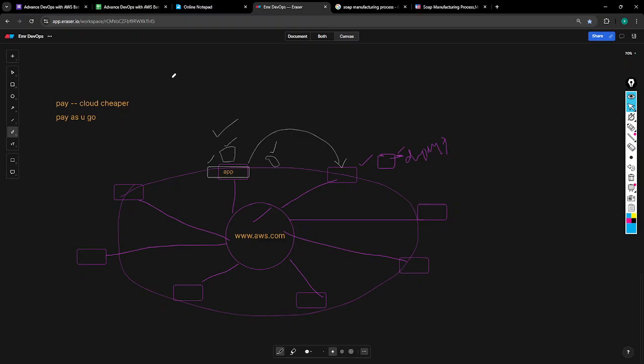They'll approach companies like TCS or Infosys or Capgemini or Cognizant or Tech Mahindra. They'll ask, hey, I have a project where I want to migrate this application from the data center to the cloud. Do you have resources?